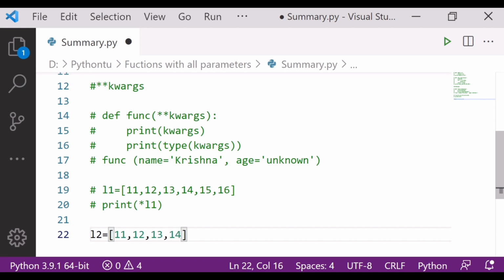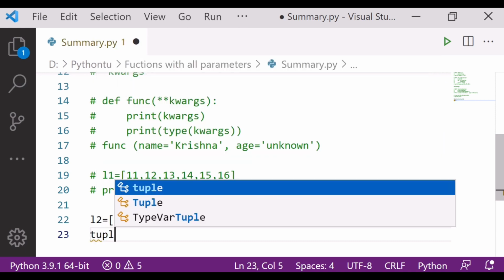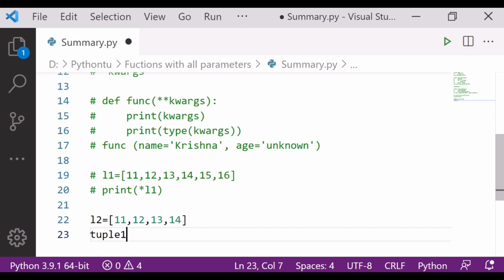And the other one is a tuple over here, tuple1, where I'm using A, B, C.